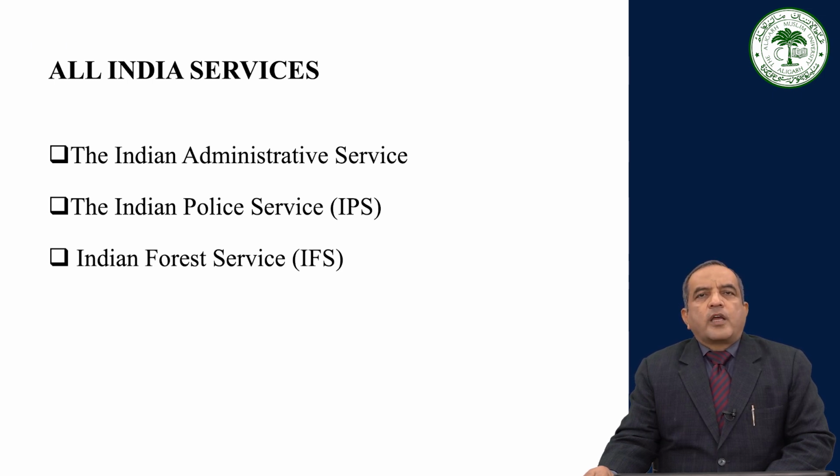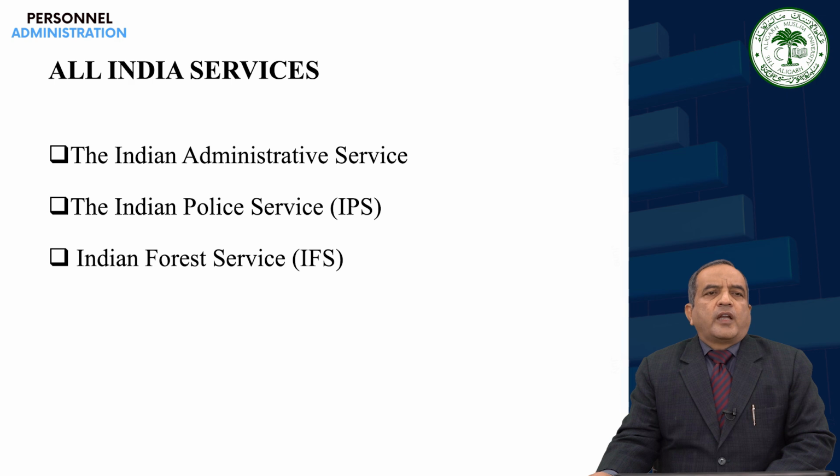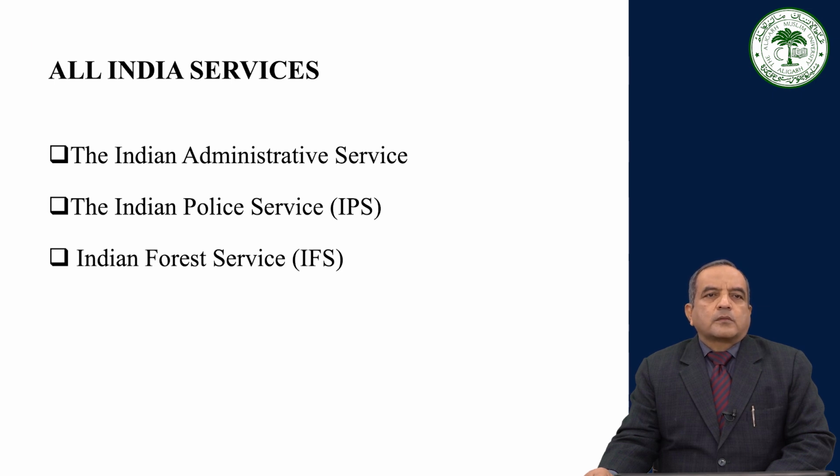We will now discuss the three parts of the AIS: the Indian Administrative Service, the Indian Police Service, and the Indian Forest Service. Let us talk of the Indian Administrative Service first. It is the successor of the old Indian Civil Service. As an All India Service, it is directly controlled by the Union government. It is further split into state units, each controlled directly by its own state government.